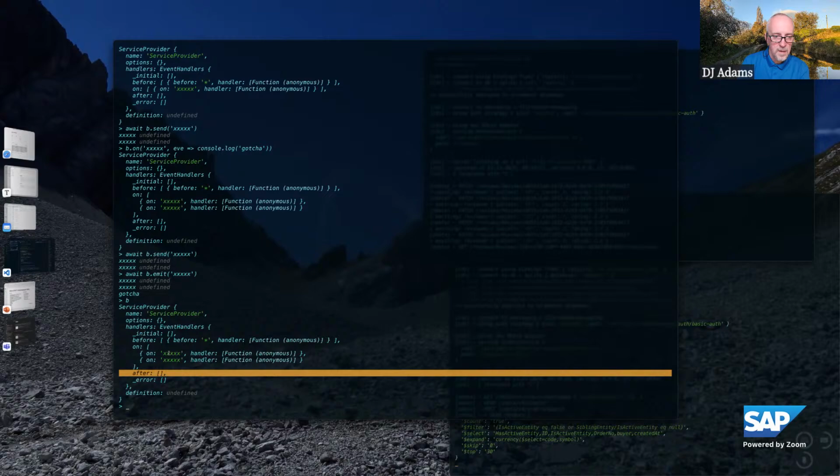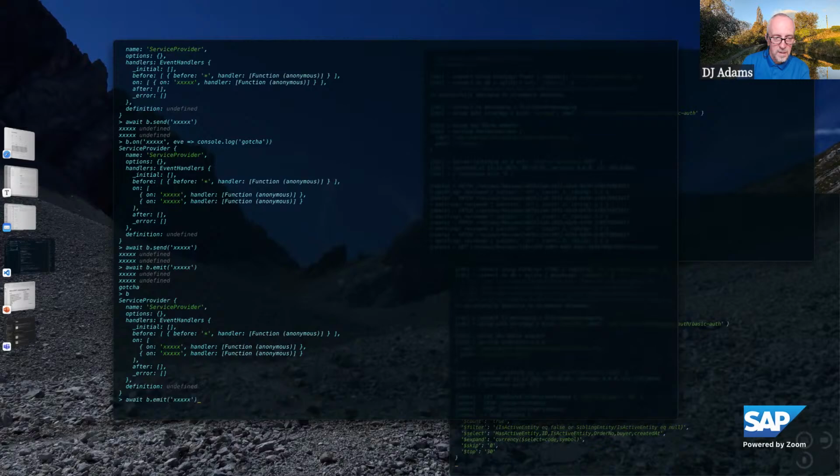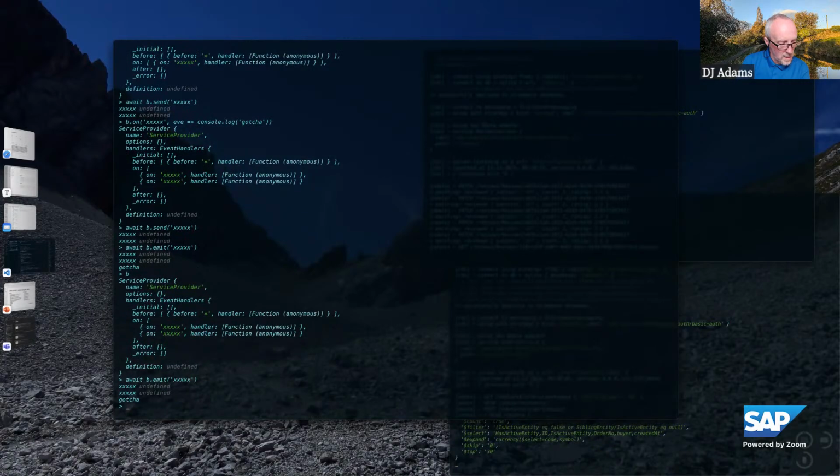decided, hey, this is an asynchronous message. So all handlers, including the on handlers, are interpreted as just being observers and listeners, not interceptors. And therefore, gotcha also got called when I emitted this, because now the on handlers for this asynchronous event processing are interpreted like that. And that is a complete story of the CAP framework. So we looked at the dispatch thing, and this is the niftiest part maybe, but not that difficult actually. Now, what is a remote handler?